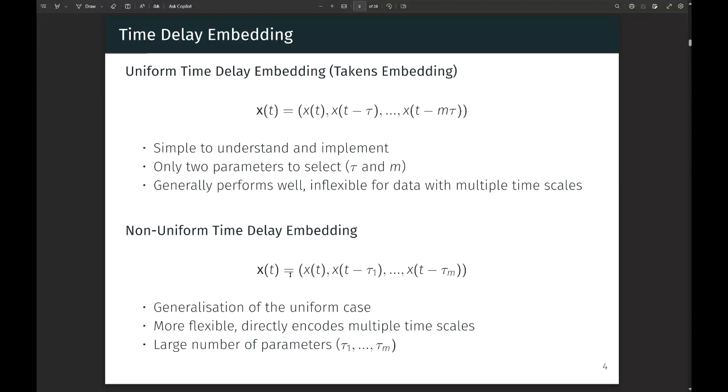But an alternative for this, in a more general case, would be, suppose we just take different lags. So the lags don't have to be uniform this time, they're not multiples of each other. I can take tau 1 to be,